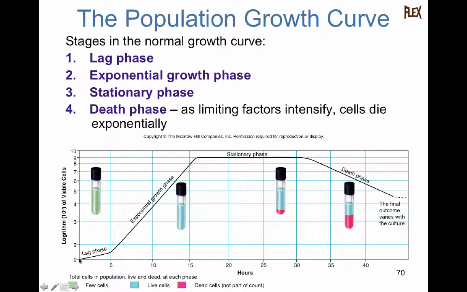At time 0, we inoculate, let's say, a flask or a culture tube that has sterile media in it. And then over time, we plot the number of cells. As you see, it slowly starts to increase, and then we get an exponential log phase growth. It starts to flatline here, and then it starts to go down.